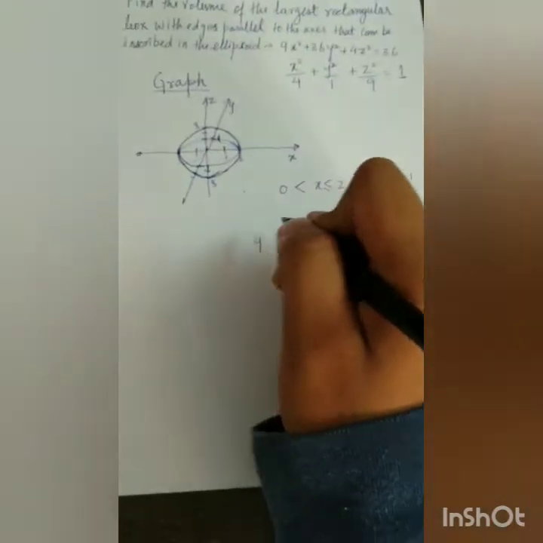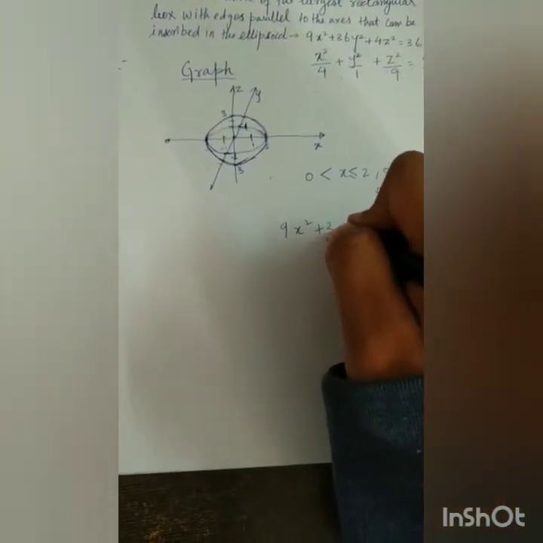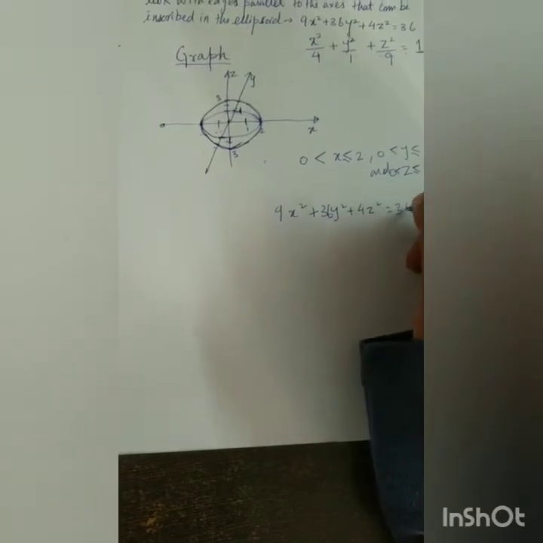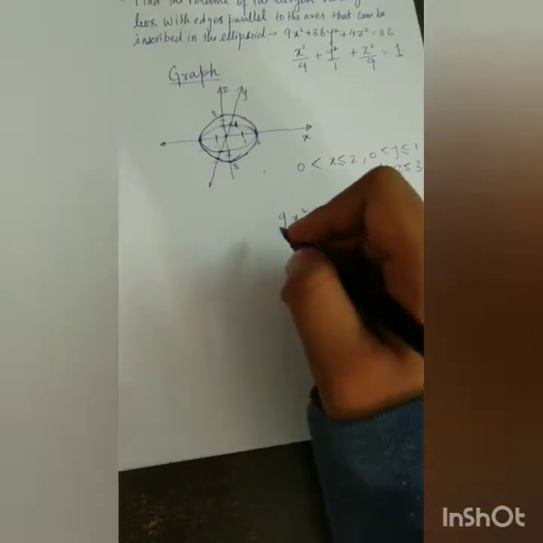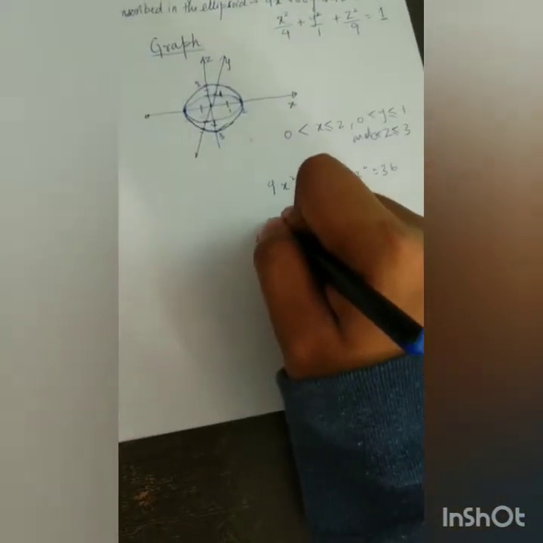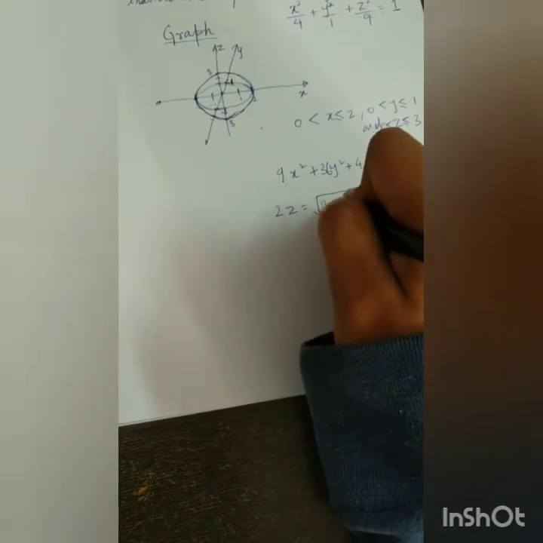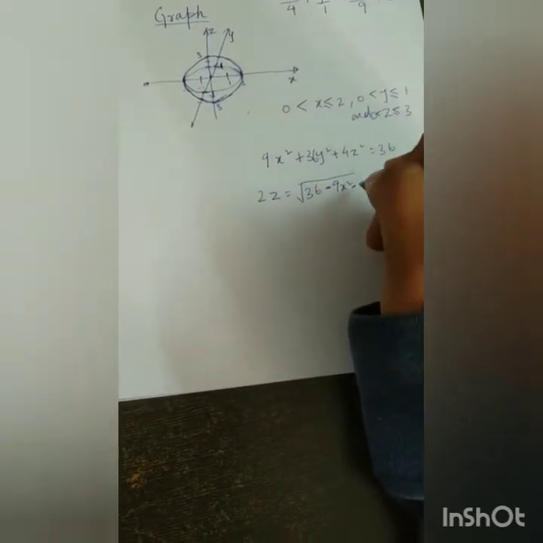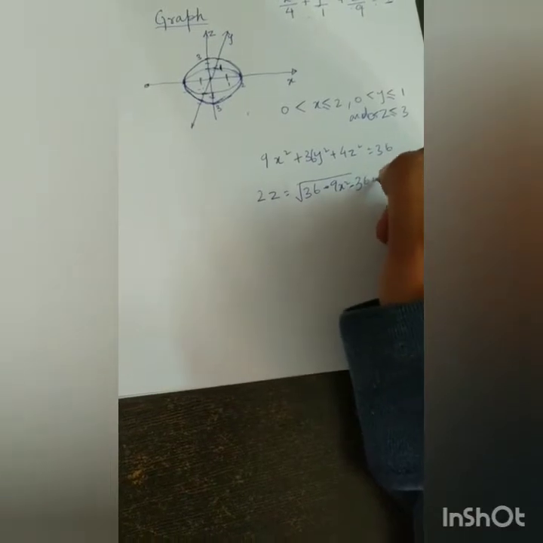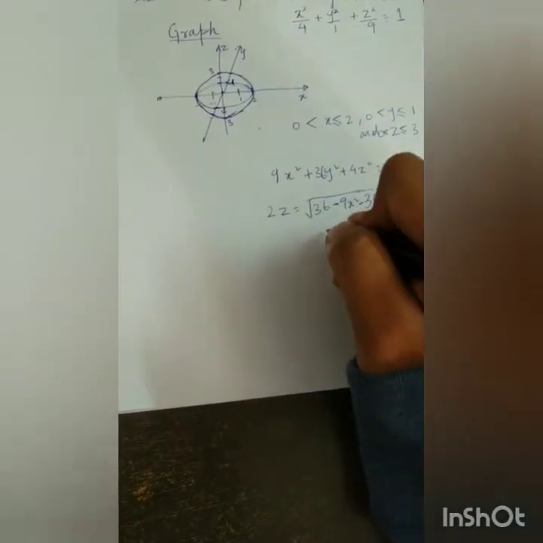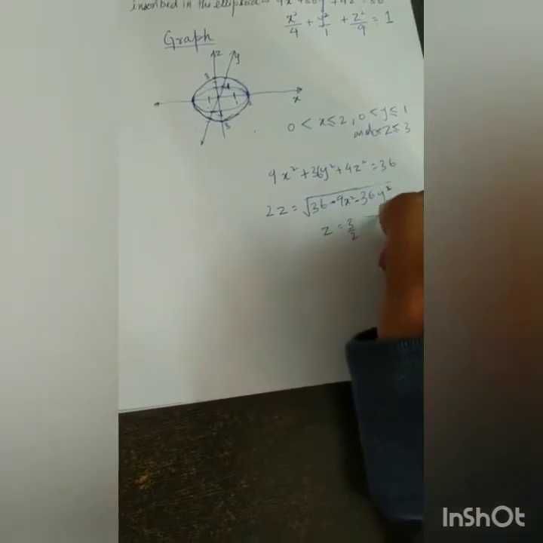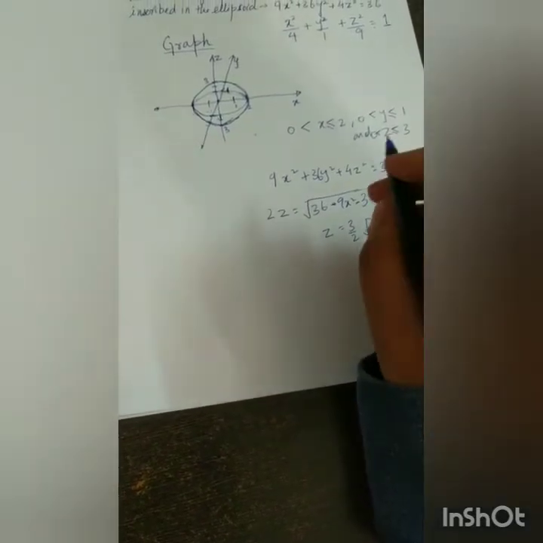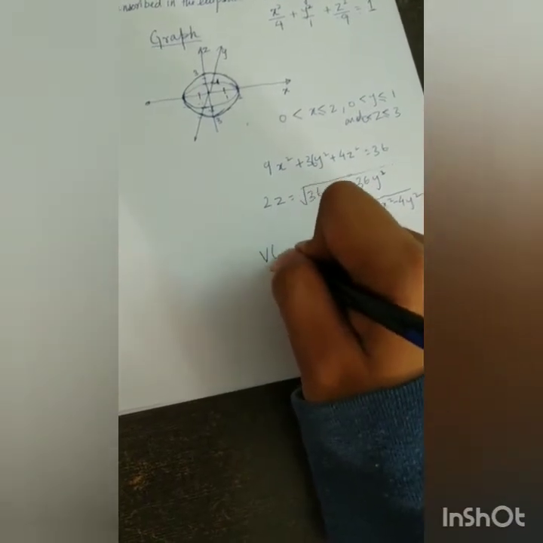So with the equation of the ellipsoid, 9x² + 36y² + 4z² = 36, by solving this, we get 4z² = 36 - 9x² - 36y². z is equal to 3/2 √(4 - x² - 4y²), and so the volume